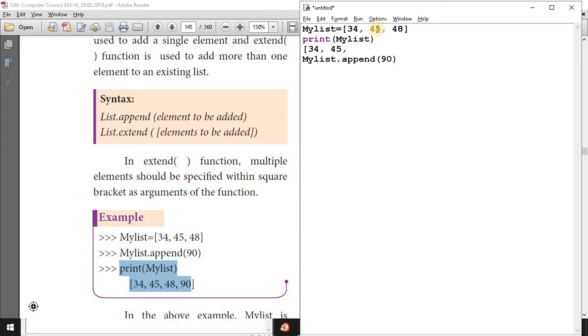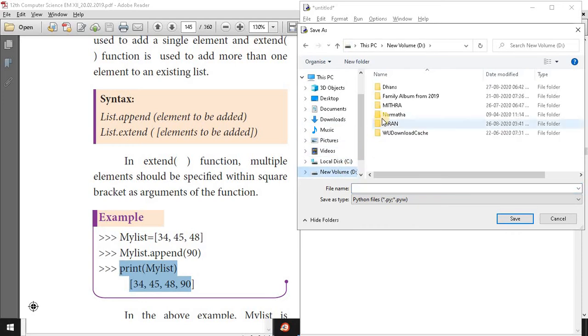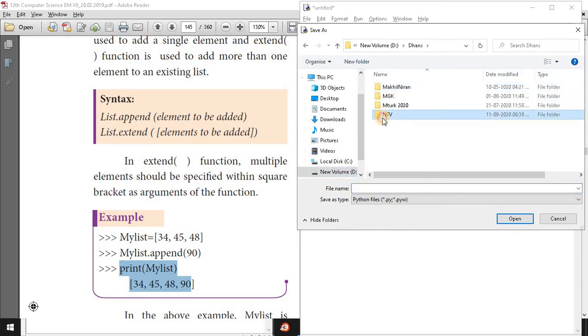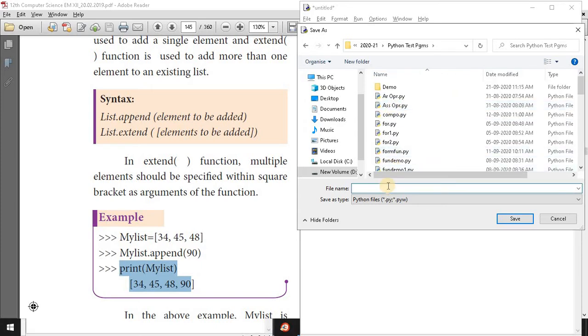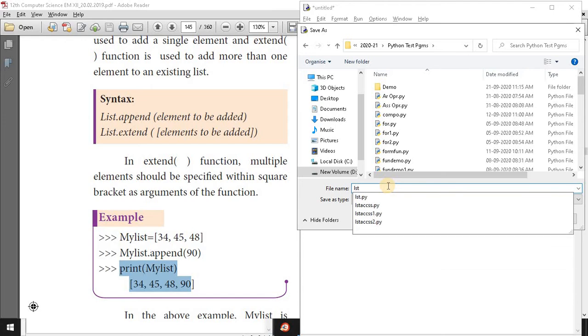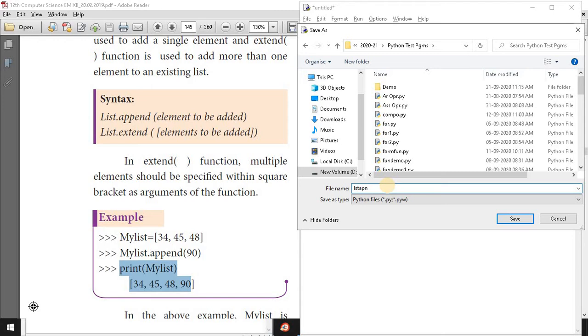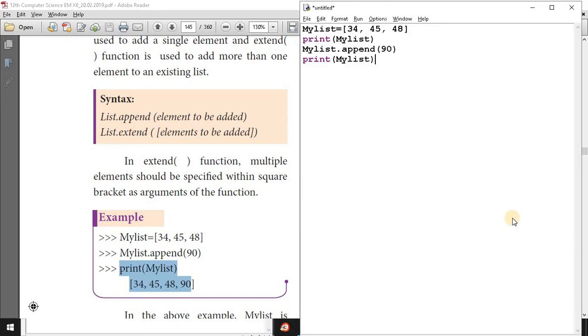Before appending the value, we can use the same print statement, and after appending the value to the same list, save as list append extend.